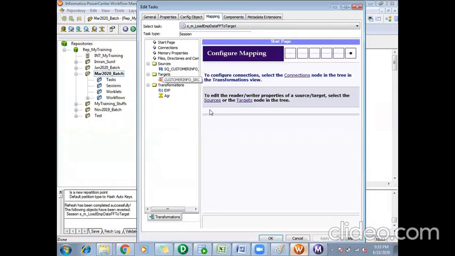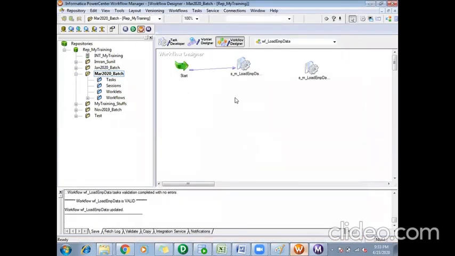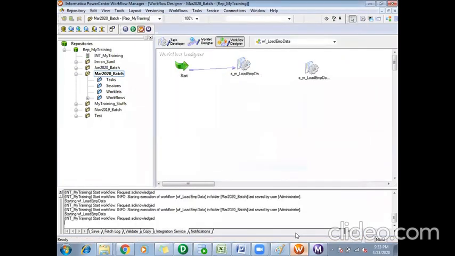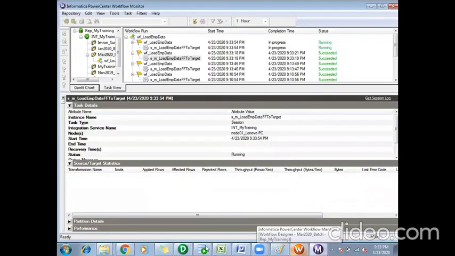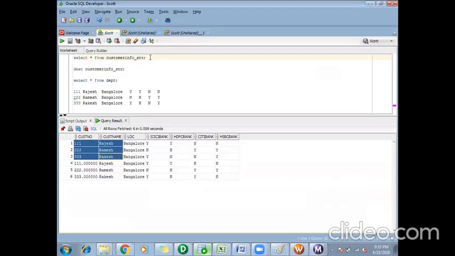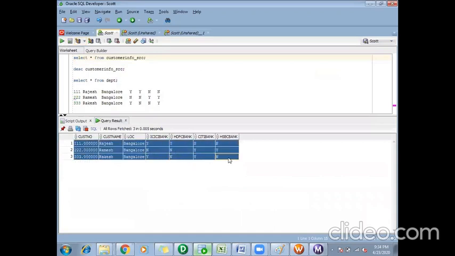Since it's a new table, it was holding the old data also, so I just truncated it. Running it now. If I go and check my source table, see, this is my data.